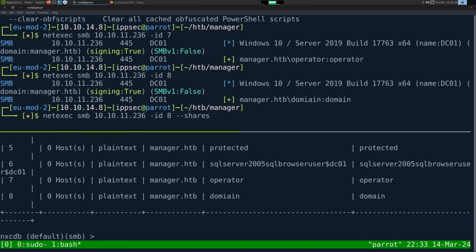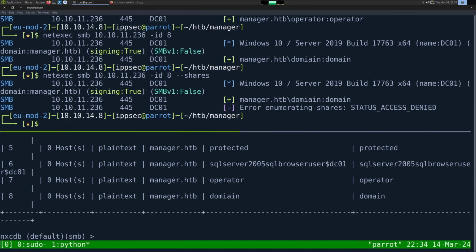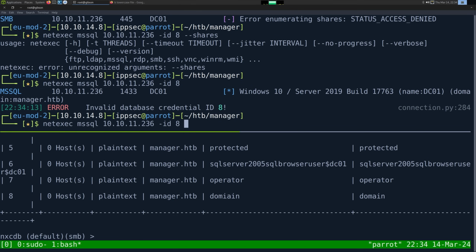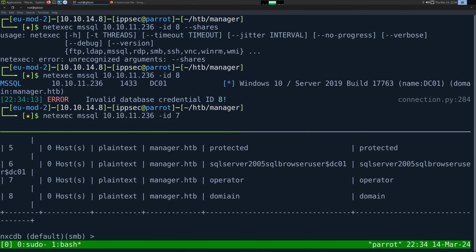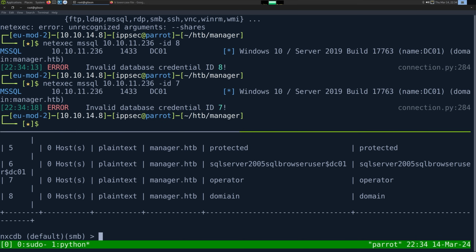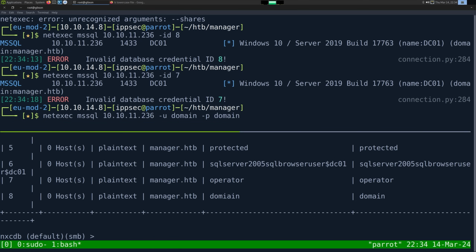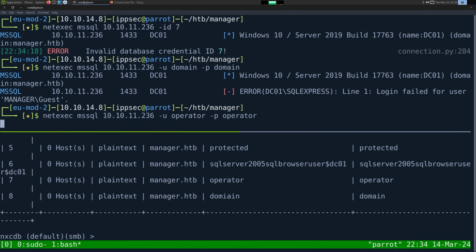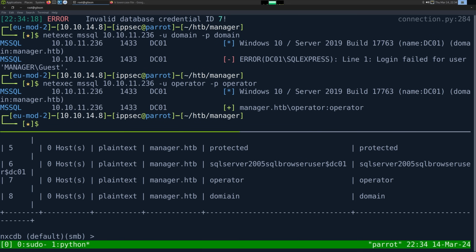There's no extra shares available to us. But we did see MSSQL, right? So let's try that. We probably have to get rid of that shares. So we can just do 8. Oh, I guess we're in SMB mode, so it only works with SMB creds. That's annoying. So we can say -u. Let's try domain -p domain. Failed for logging in. Operator. And we get logged in with